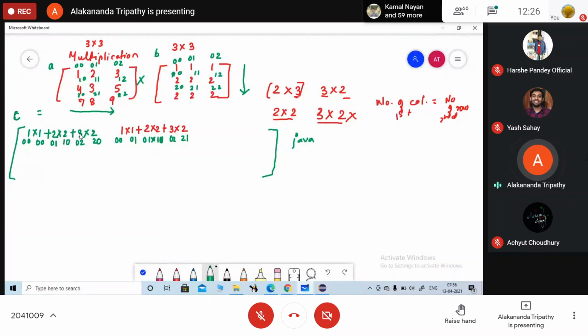Addition. So number of series of operations you are going to perform. So how you are going to do it? कैसे करोगे? Anyone? Anyone having any idea?